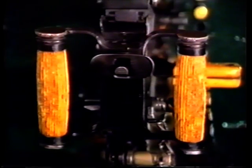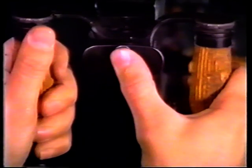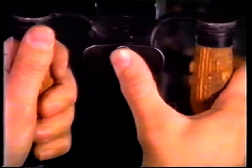The trigger mechanism and safety catch are quite naturally located to the rear of the weapon. Note in particular the two hand grips, which are held like so. The safety catch and the trigger mechanism are both linked closely together. In order to fire this weapon, you are required to push up on the safety catch and then press